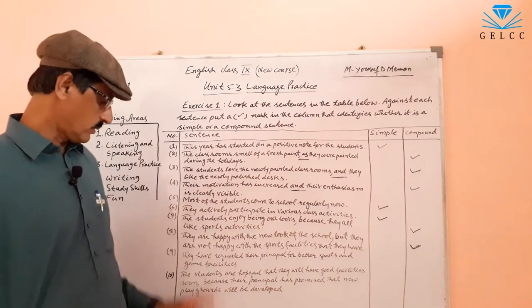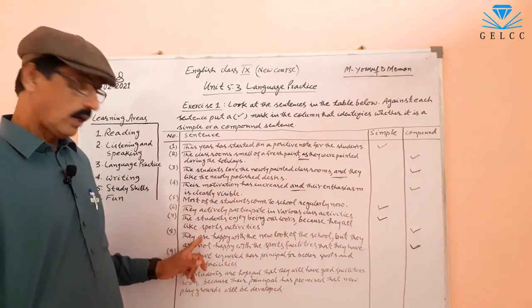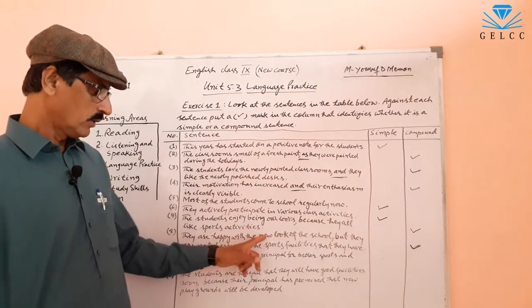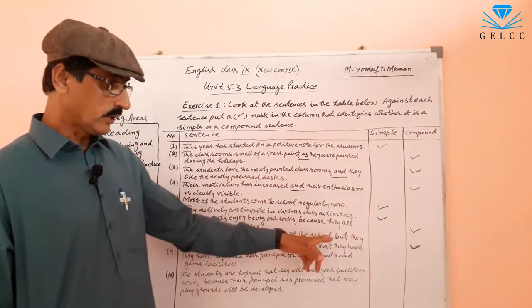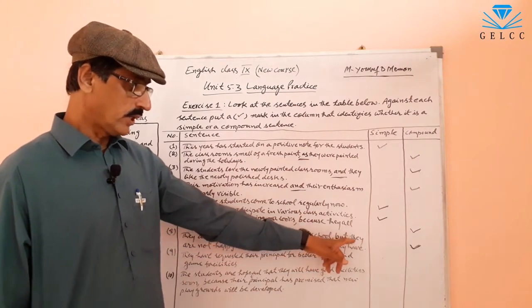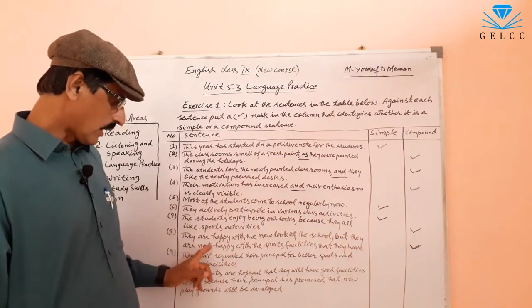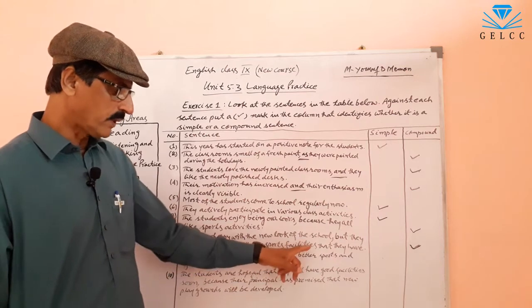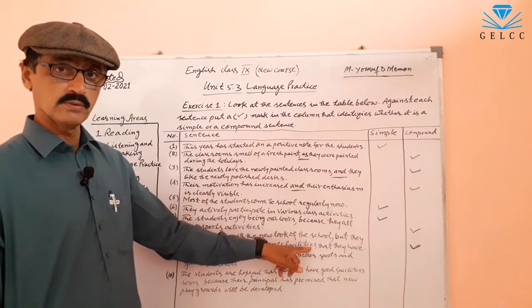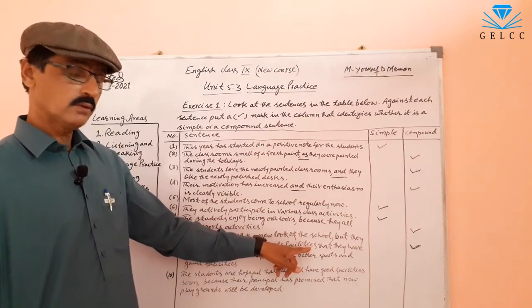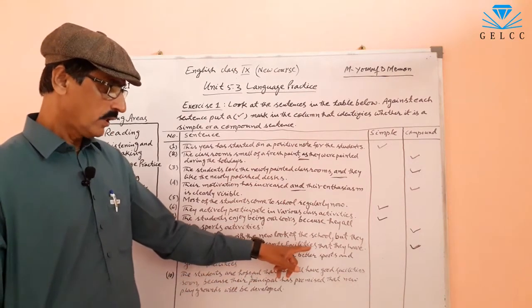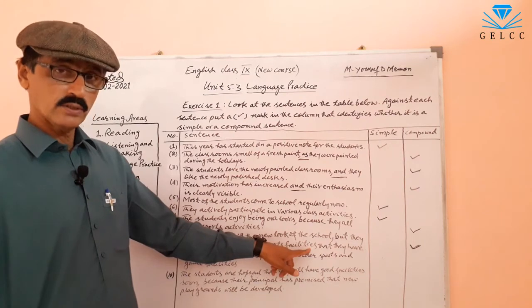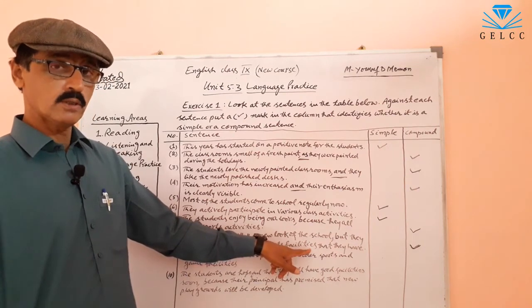It is one sentence. They is the subject, are is the verb, are happy with the new look of the school. It is another sentence. And now, the second sentence: they is a subject, are not happy with the sports facilities. It is the second sentence. It is also an independent sentence.